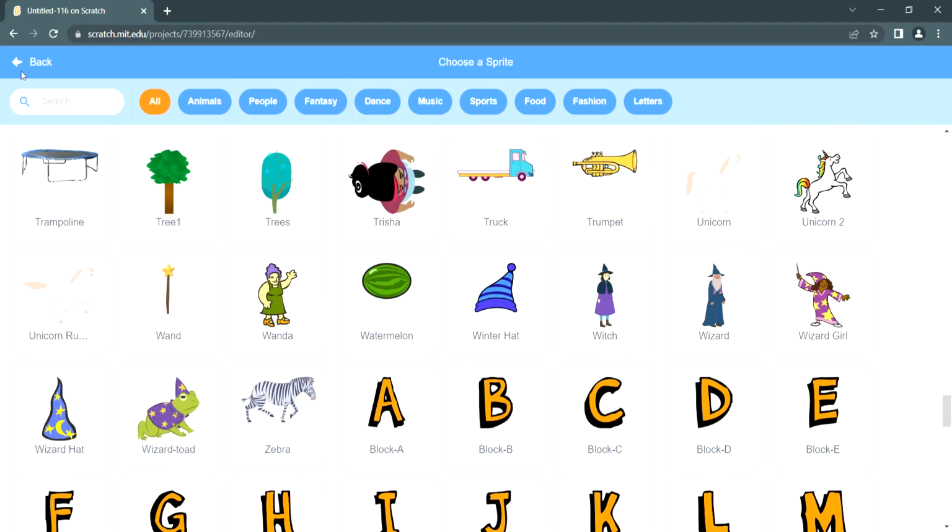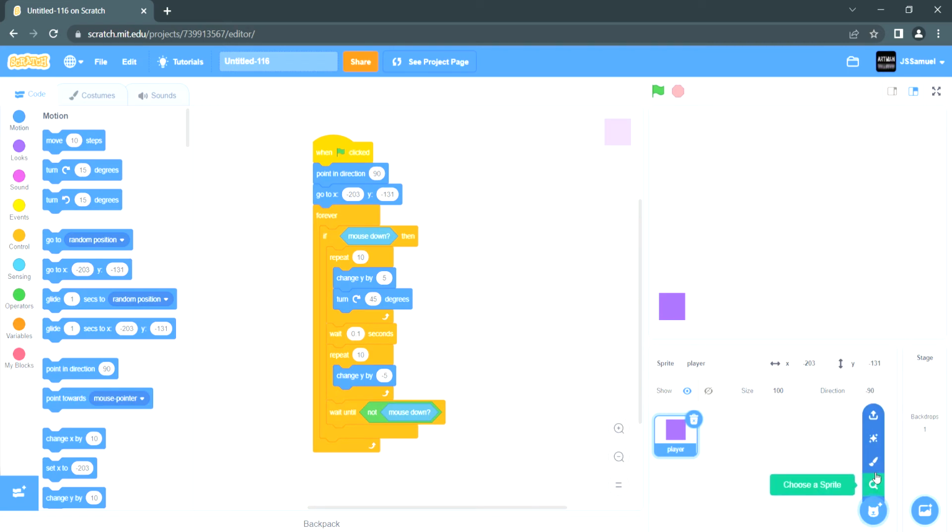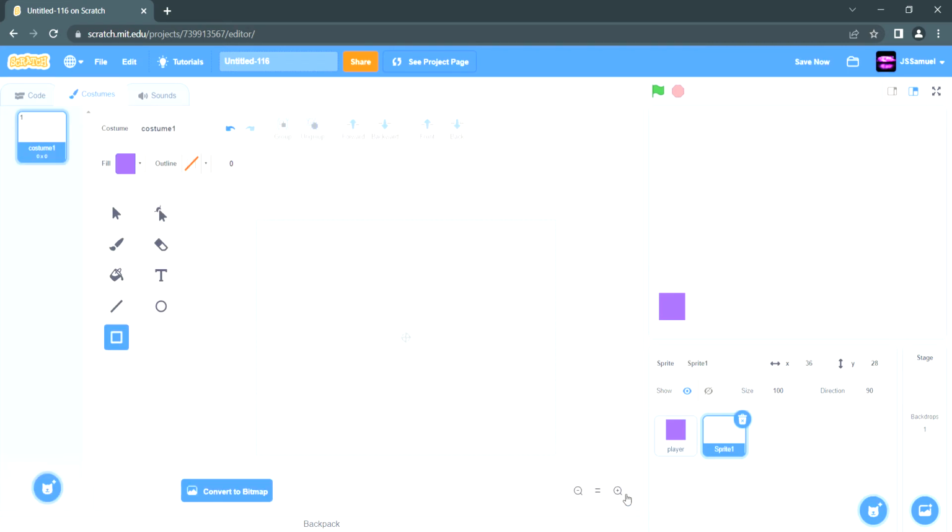Let's just go out of this and let's just make our own. So let's make a triangle. But wait, how do we make a triangle if there is no triangle tool? Because there's a box and there's a circle. So what we can do is we can create a box